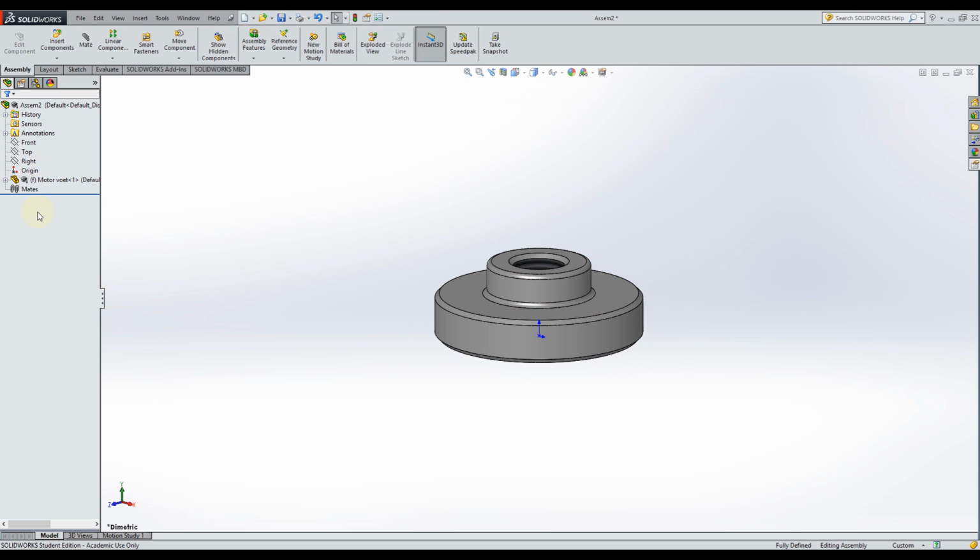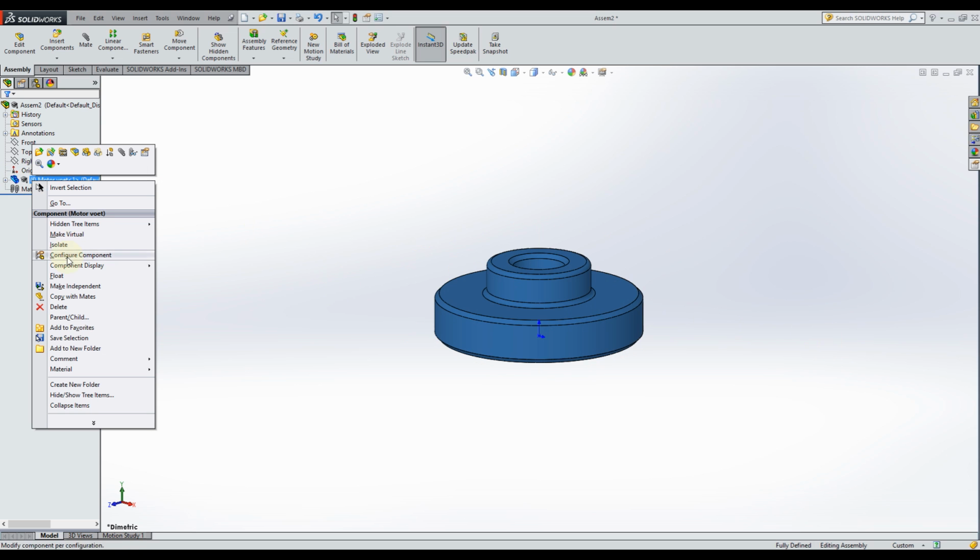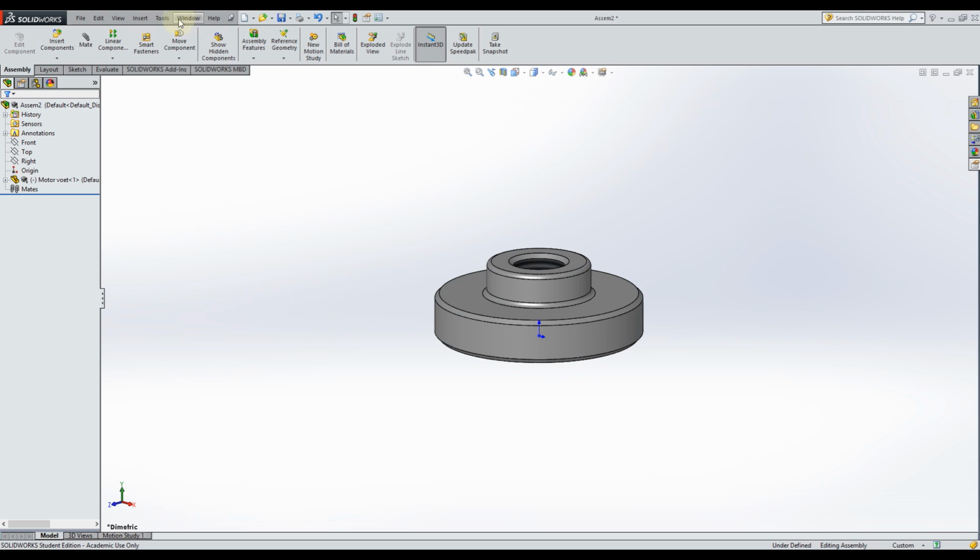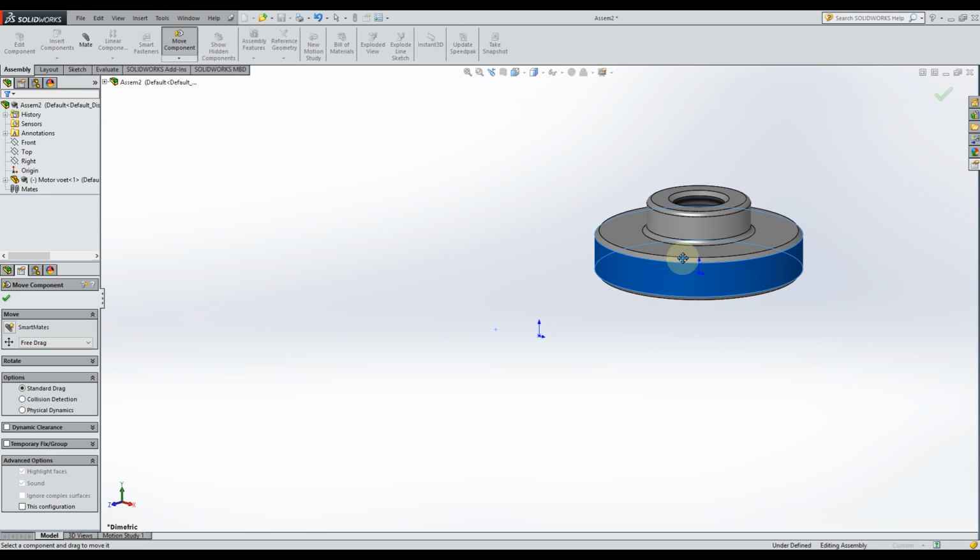Your first assembly component, that's your main component, will always get fixed by default in SolidWorks. So if I were to place this component somewhere else, and not on the origin, it will get fixed there. So if I want to undo this, I can always right click on the component, click on float, and once I've done that, I can go to move component here in the top, simply select the component and drag it